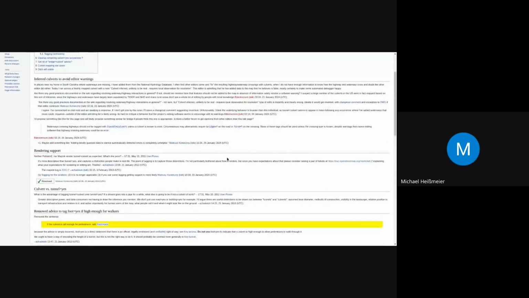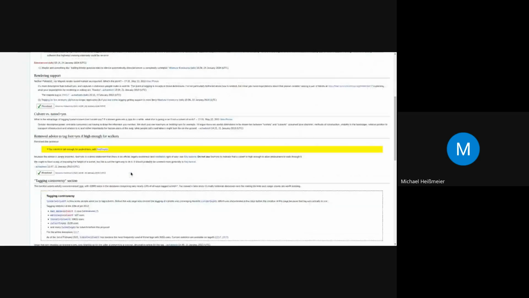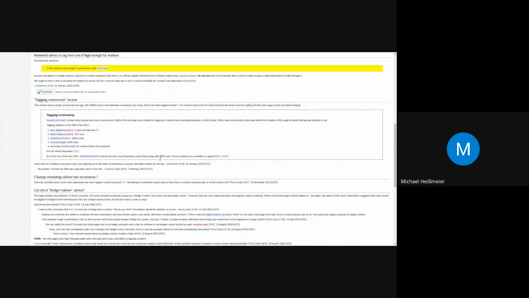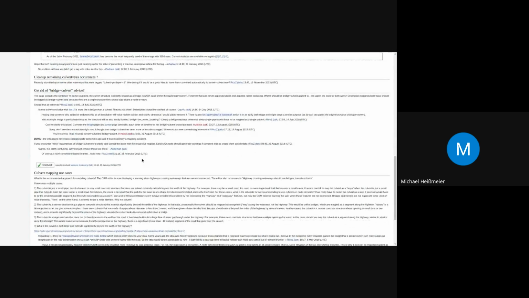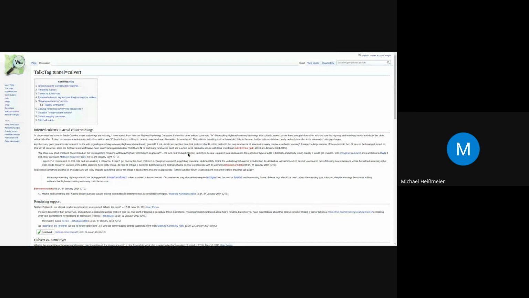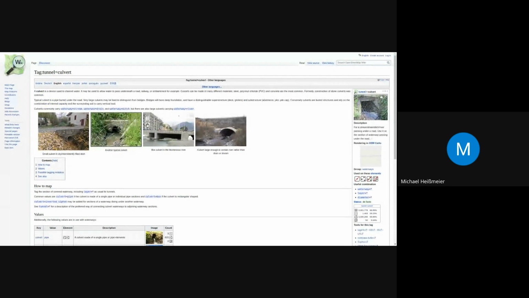So culvert versus tunnel, or ford, yes, appropriate here, some other controversies. It might really pay to have a look at this discussion page and see if any of your problems or questions has already been discussed there. If not, you're welcome to open a discussion here.